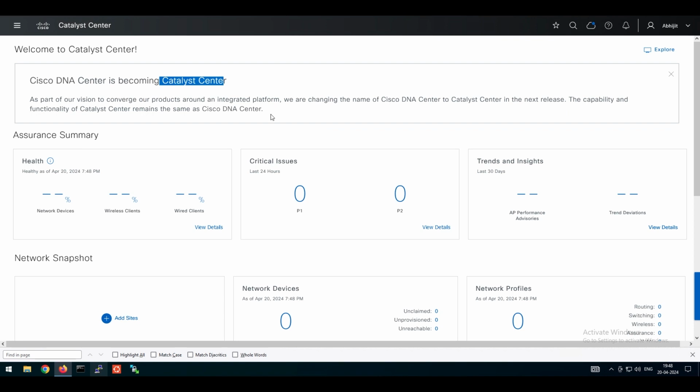But before jumping into detail, what I'd like to talk about is what exactly the SD Access solution is. We'll come back to this GUI shortly, but first let's talk about what the SD Access solution is. When you look at the SDN infrastructure that Cisco has under the SDN umbrella,